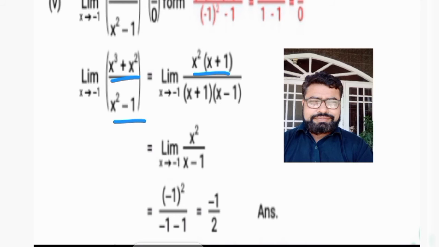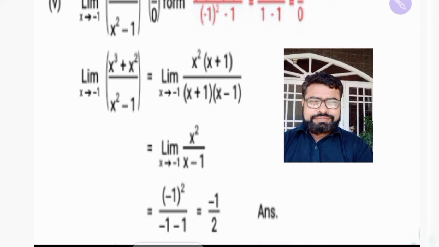As there is x square minus 1, that is a square minus b square, a plus b, that is x plus 1, and a minus b, that is x minus 1. We have applied this in the last two parts as well. Now we will simplify it further. As you see, x plus 1 will be cancelled with x plus 1. So we have x square in the numerator and x minus 1 in the denominator, and the limit x approaches minus 1 will be written same. After the cancellation we can put the limits.